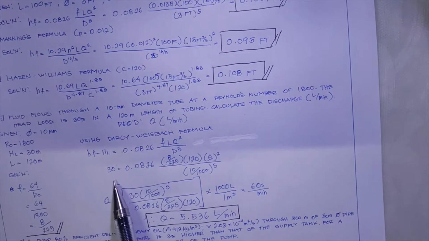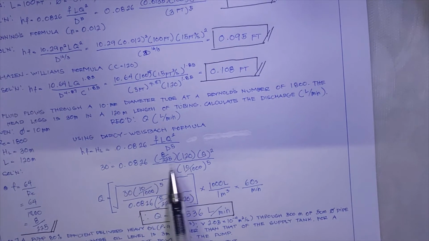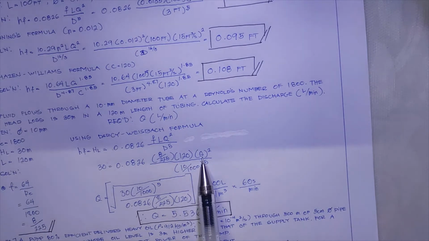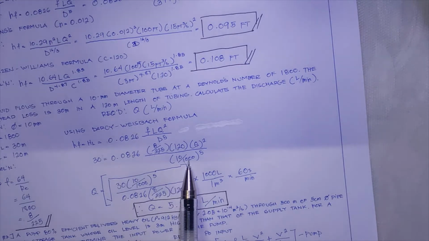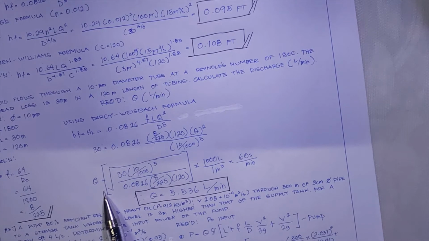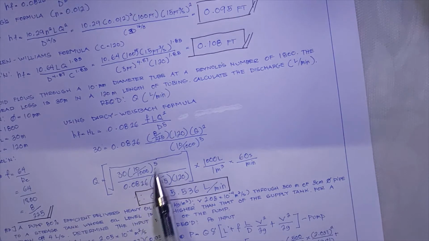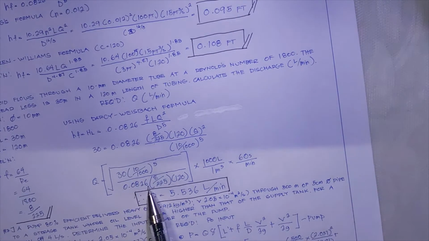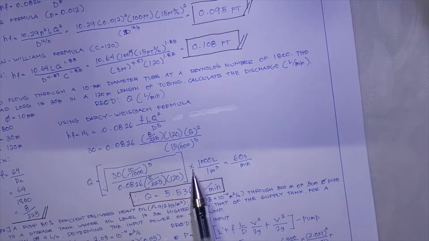So substituting the values, 30 is equal to 0.0826 times 8 over 225, which is the value of F, times 120, the length, and Q squared over 10 over 1,000 raised to 5. So manipulating the formula, we'll have Q is equal to the square root of 30 times (10 over 1,000) raised to 5 over 0.0826 times 8 over 225 times 120, and then the answer multiplied by 1,000 liters over 1